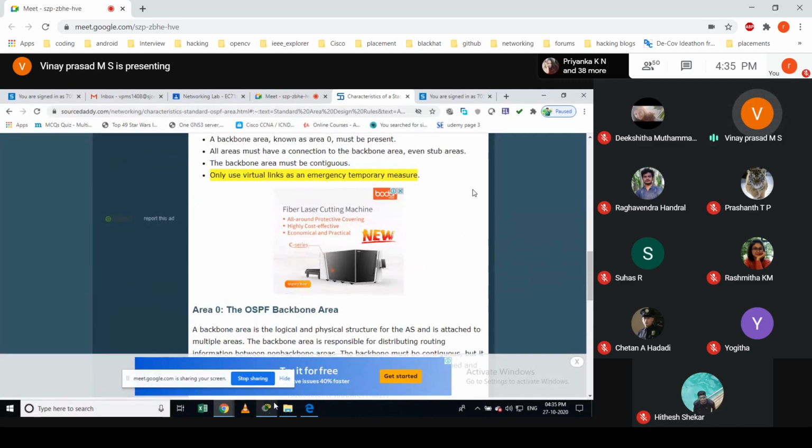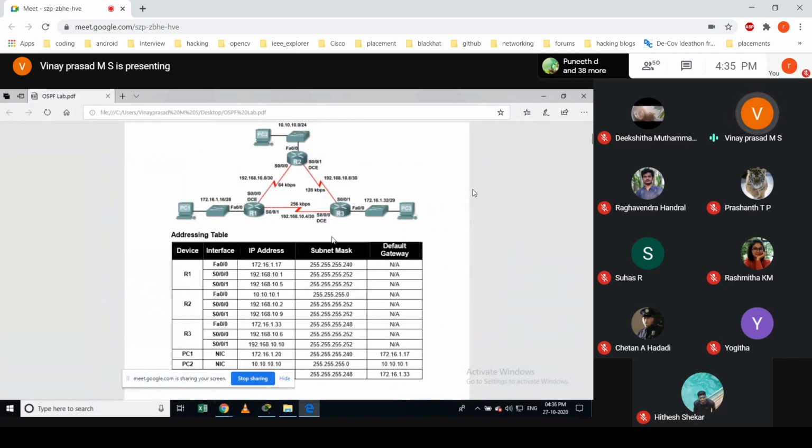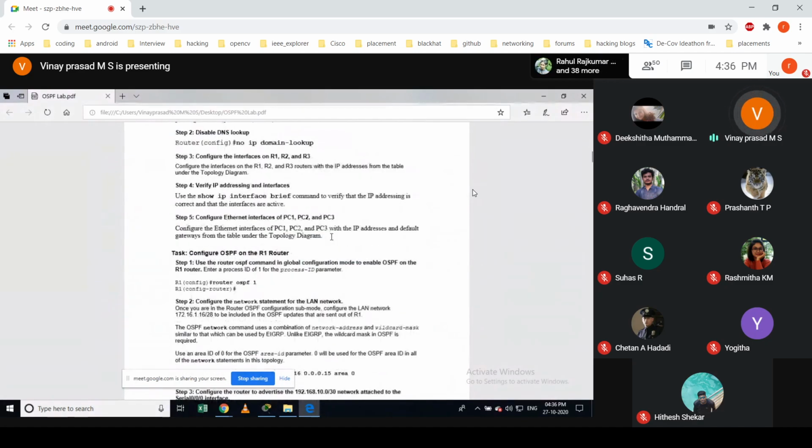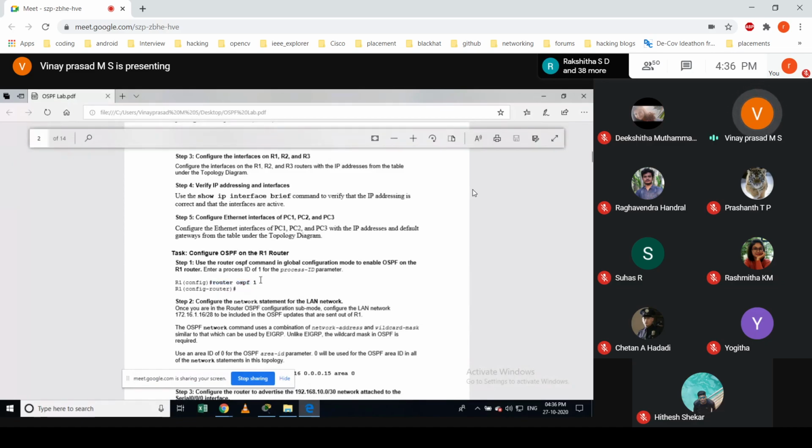What I will do is show you how to configure OSPF with one area, the very first area. Then we'll discuss how to do it with multiple areas. It's very simple, like what we saw in RIP. We define the router and give the routing protocol name OSPF followed by the process ID.